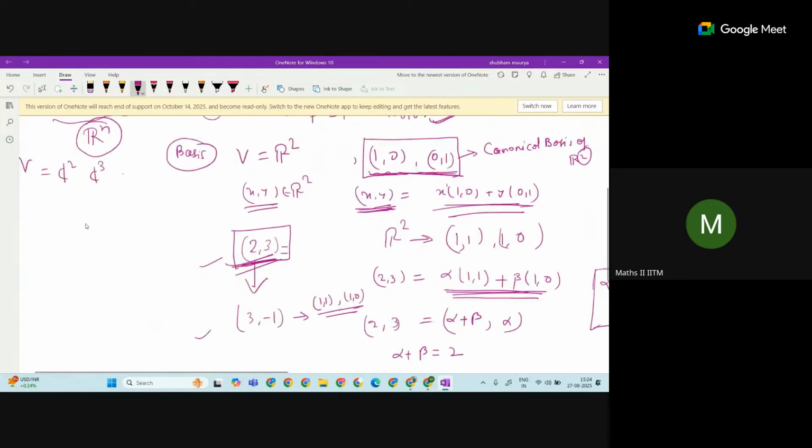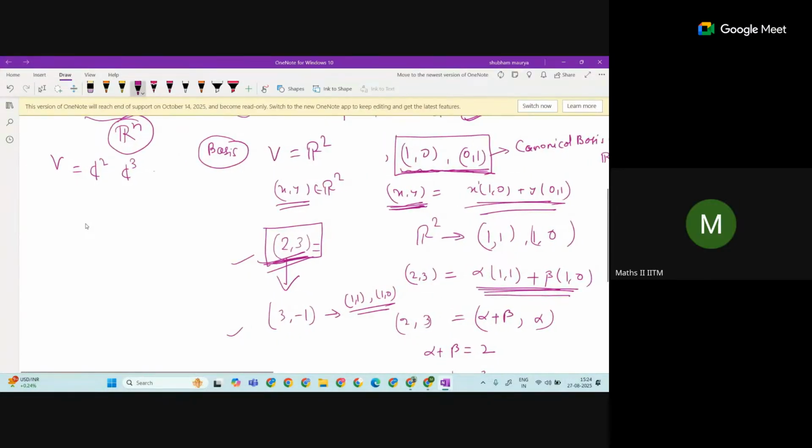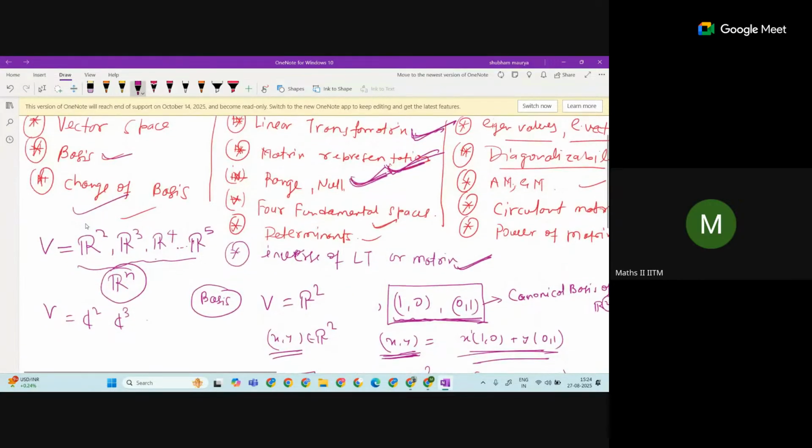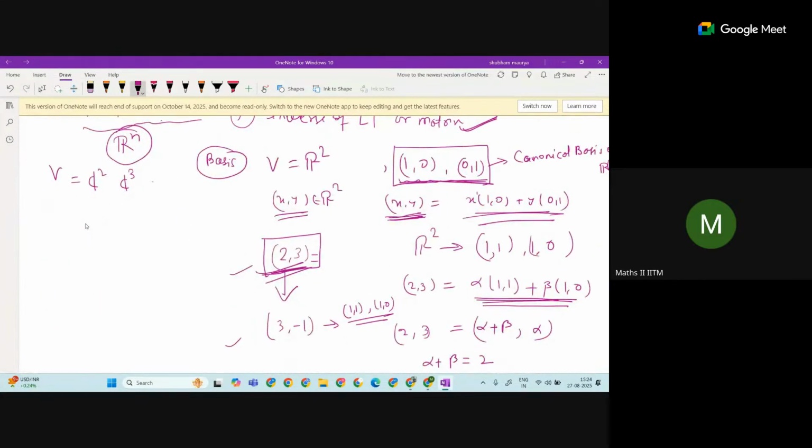There are so many methods. There is a matrix method to represent that. I will discuss that slowly, and I will write the formula also. So this is the change of basis. And yes, there are some properties that